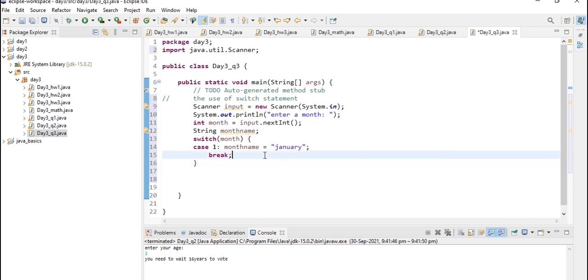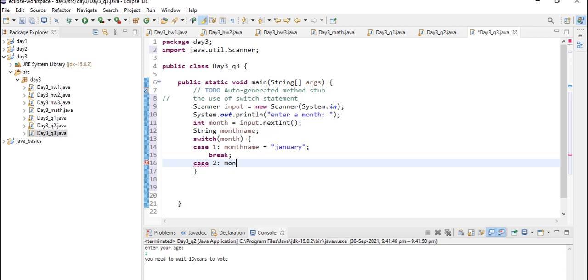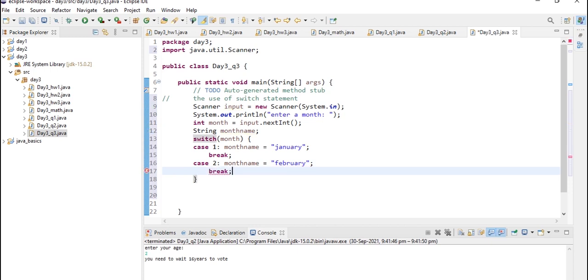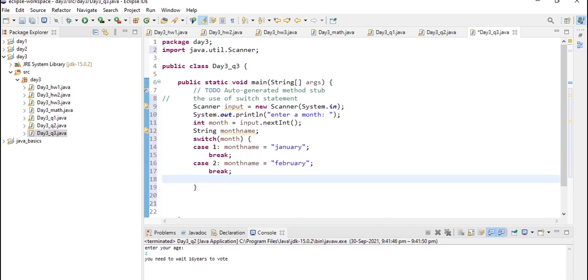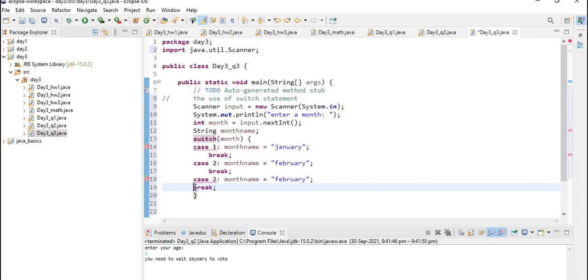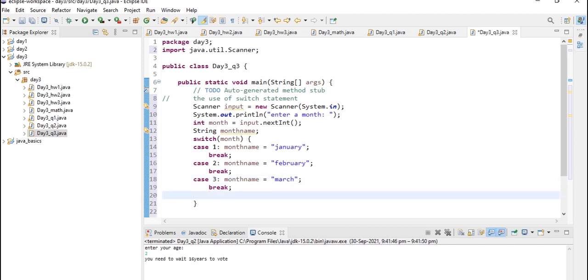So now let's type case 2, month name is equal to February, and let's use the break keyword. Same thing we have to copy, so let's copy this. Case 3, month name is March, break.